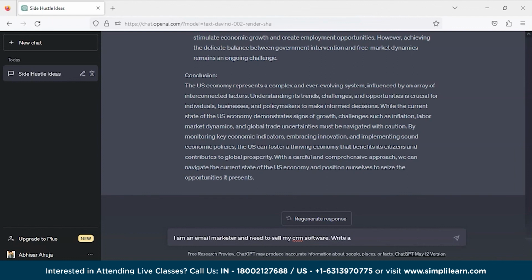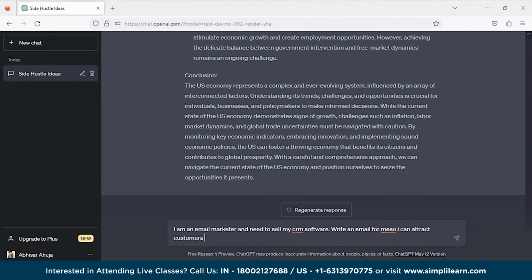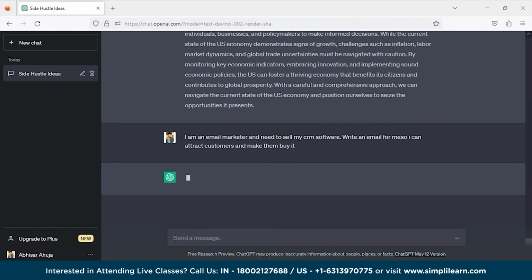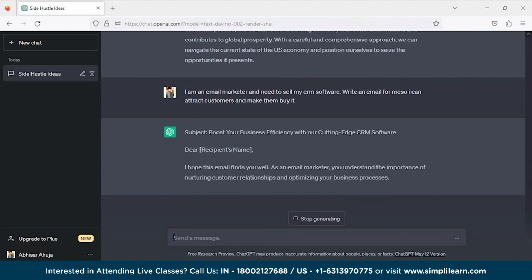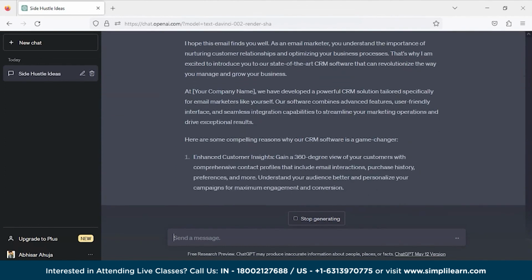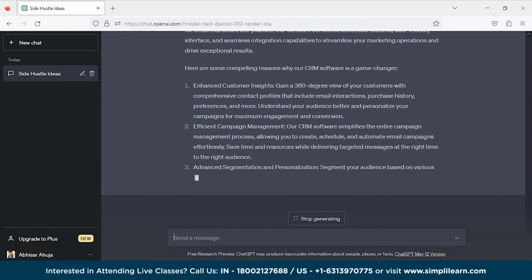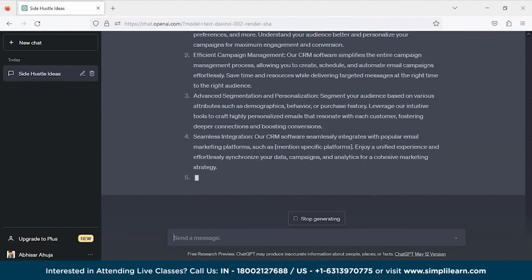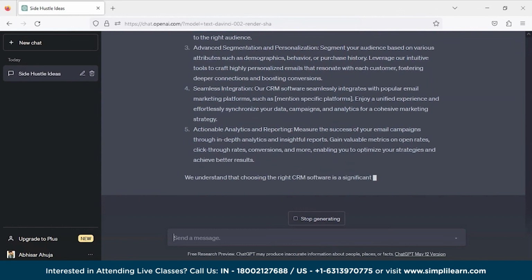So write an email for me so I can attract customers and make them buy it. Okay. Now you could see that it is writing an email for you, and you can launch your email affiliate marketing campaign